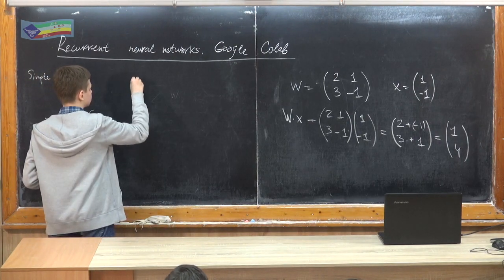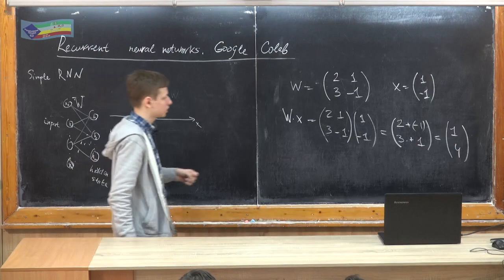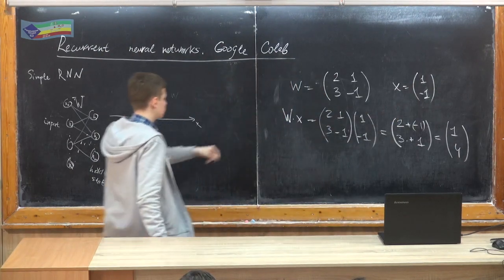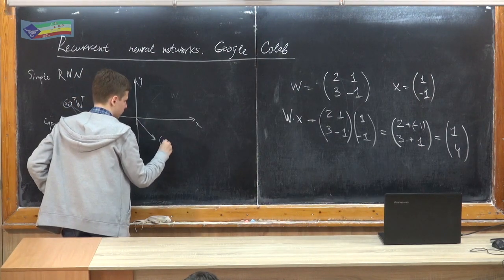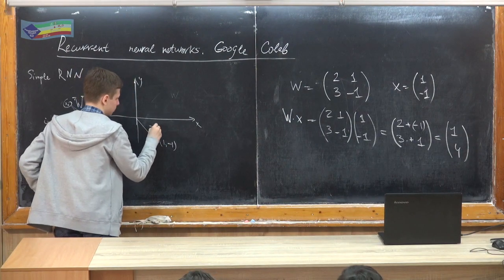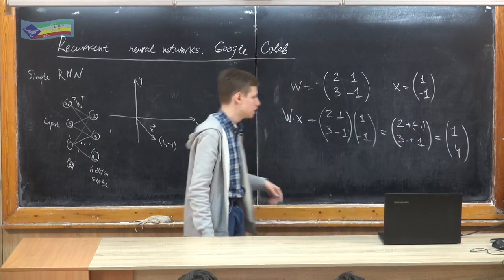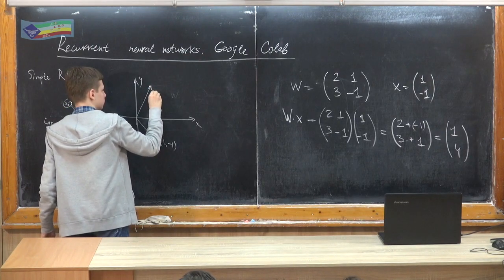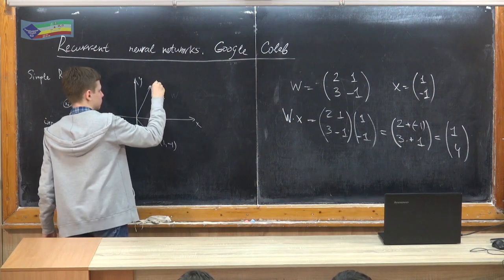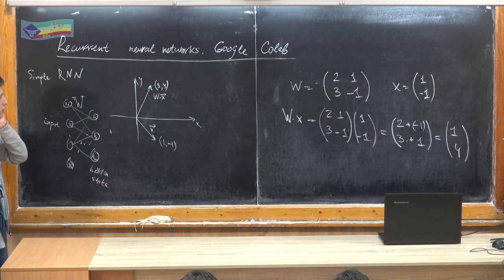Like, this is our coordinate space, and we have a 1, minus 1 vector, which can be drawn like that. 1, minus 1, this is our input vector. And then after applying the matrix and multiplying it, we've got a new one. So you can see that we just rotated a vector, but it only applies if we have a square matrix,